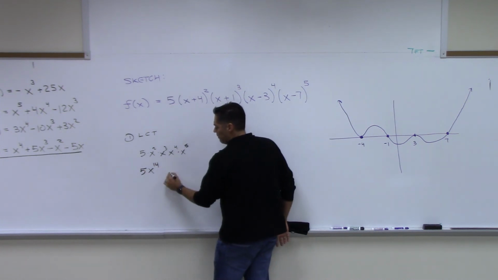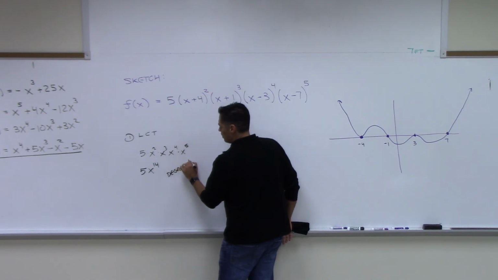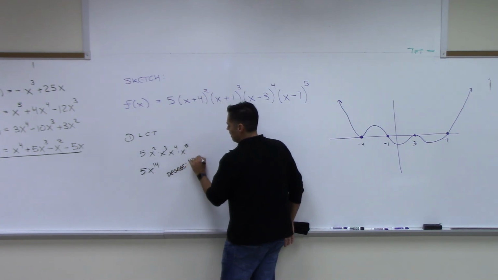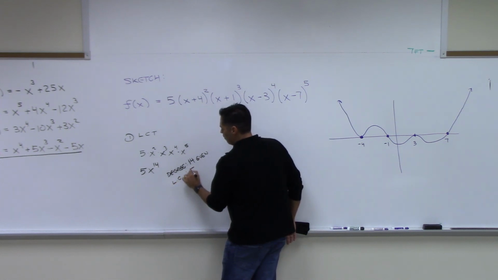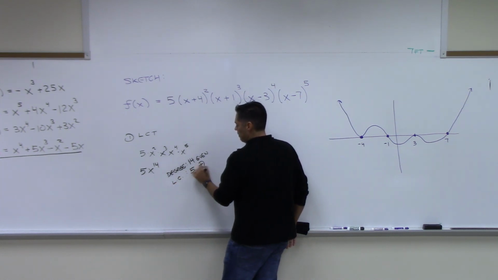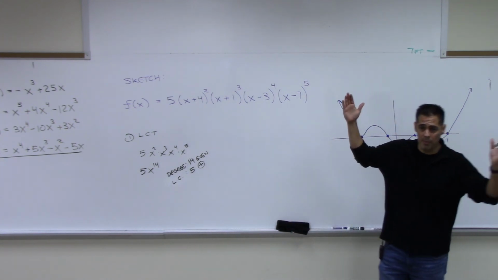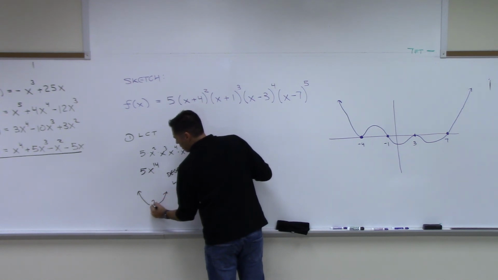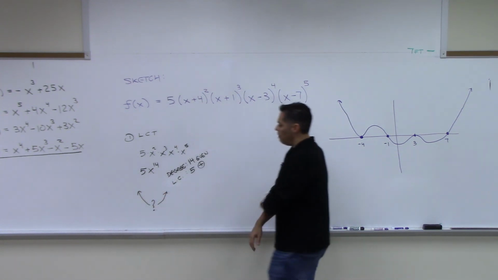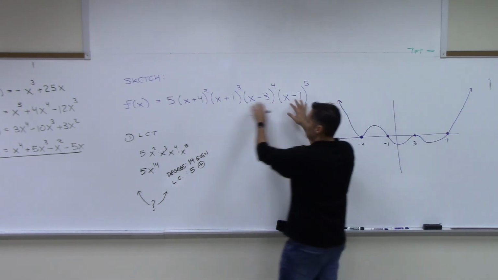And so we have a degree of 14, which is even. And our leading coefficient is 5, which is positive. And so when that happens, both sides go up. And that is the real tough part, I guess, if there's one in this problem. Because now all you have to do is just take each of these factors,